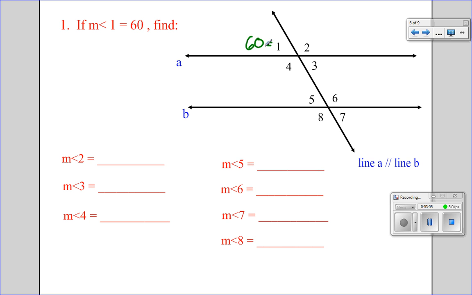Okay, let's give it a try. So if we start with angle 1 being 60 degrees, we can go on further and we can give the other angles. So angle 2,